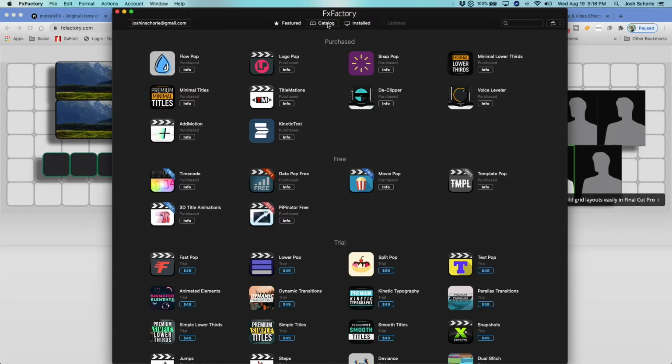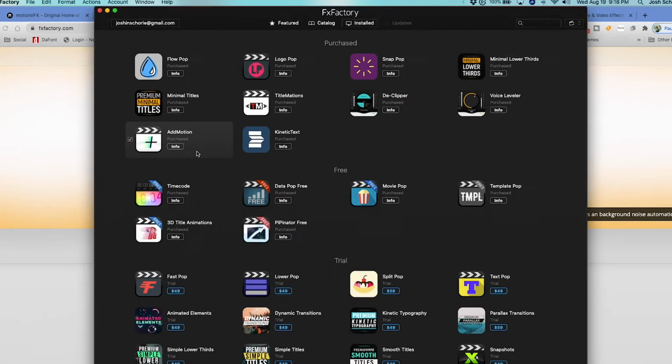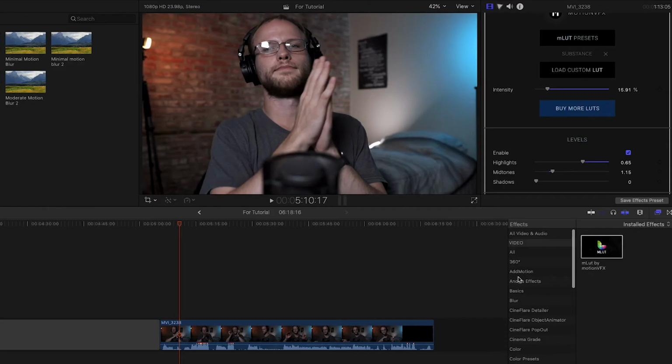Oh, and you can see a larger catalog by clicking catalog. Some that I can recommend are AddMotion, Flowpop, and Logo Pop, as well as some of these, but those are probably my top 3. Logo Pop is for a logo at the beginning. Flowpop has some good transitions, and AddMotion gives you a slew of editing effects. Back in Final Cut, I can find AddMotion,